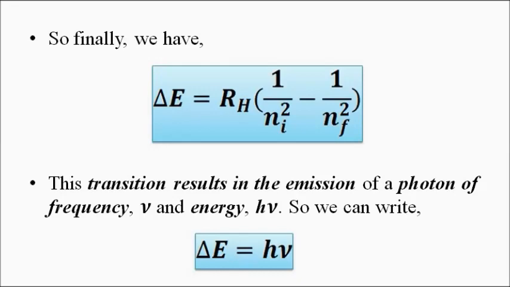This transition between the higher or lower orbits, the initial and final orbits, is accompanied by the emission of a light photon. The energy is in terms of a light photon with the value h nu, where h is Planck's constant and nu is the frequency. So here we have discussed Bohr's atomic model and all the postulates related to it.